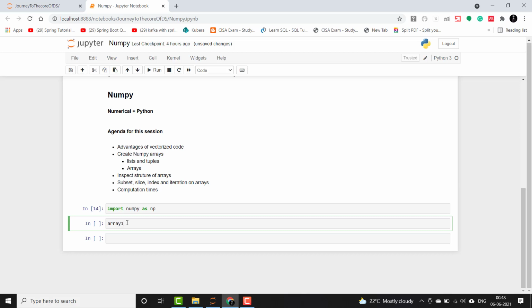I'll say as 1D. Okay, and that is done in NumPy via np.array, and that will take a list here. Let's say that I have some list, and I'll print it.